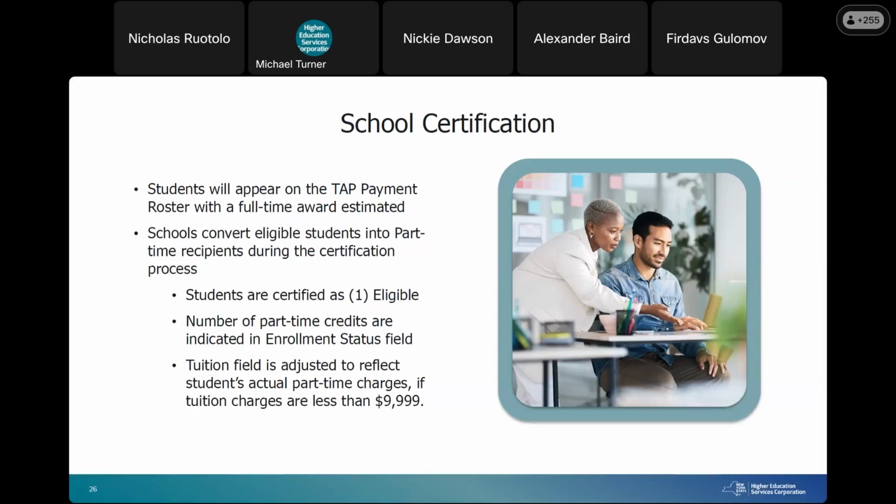So you would be looking at your normal rosters where students show up with their full-time awards, certifying them as eligible, but then indicating the number of part-time credits the student is enrolled in order to then convert that full-time award when it's remitted into a part-time TAP award. Along with adjusting credits, you're also going to be adjusting tuition charges if the student's part-time charges are going to be below our max tuition value amount, which is